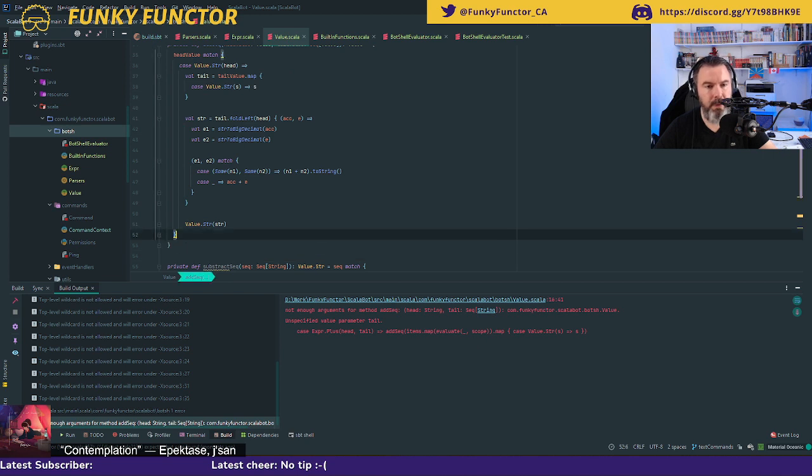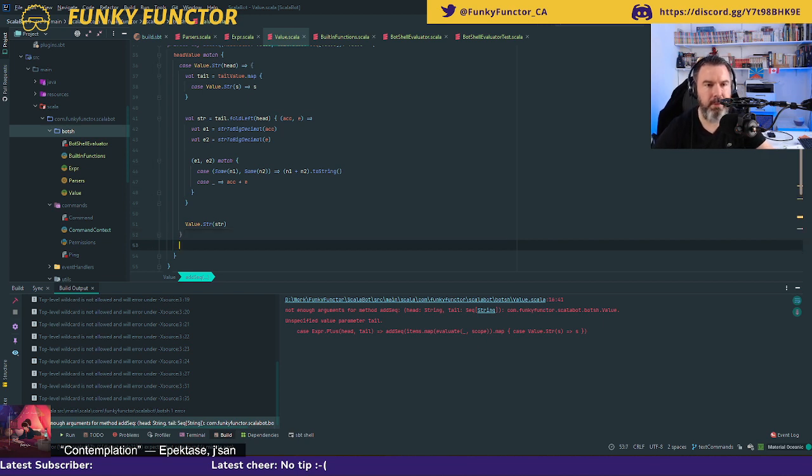Otherwise, here I'm just going to surround this with curly braces just to be on the safe side. Strictly speaking, I don't really need them in Scala, but that allows me to think about it better. So here, that means that my head is not a string. So most probably it is empty and we have problems. So in that case, what do I do?